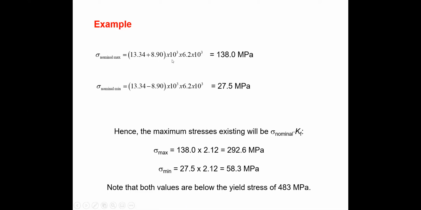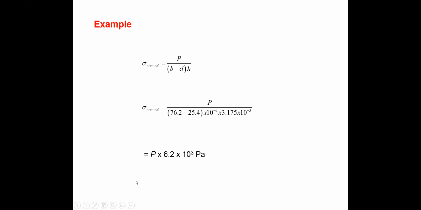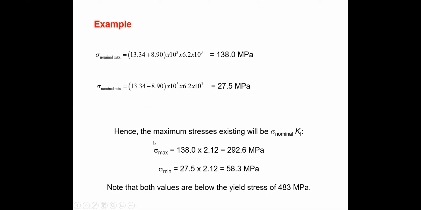So you can multiply by this value. Okay, so the minimum value you can get from the difference between these two values, sigma M minus sigma A. So these are the maximum and minimum values